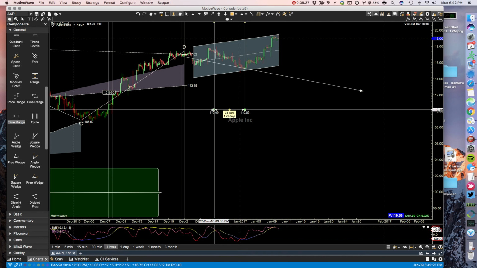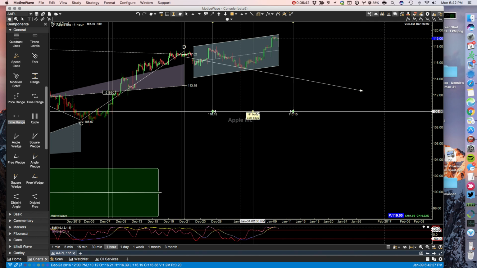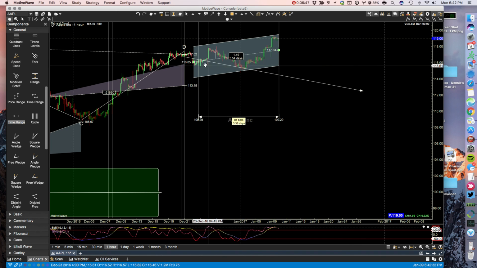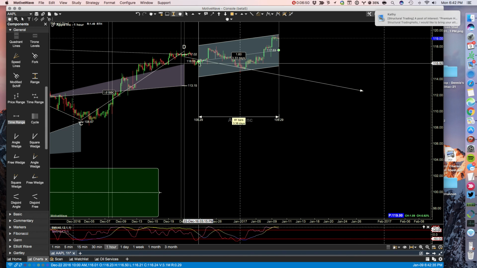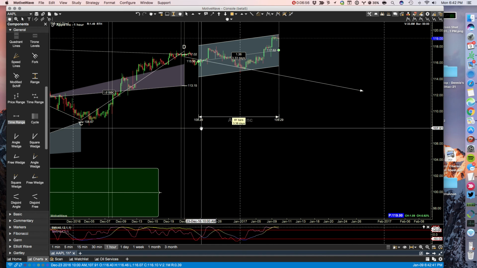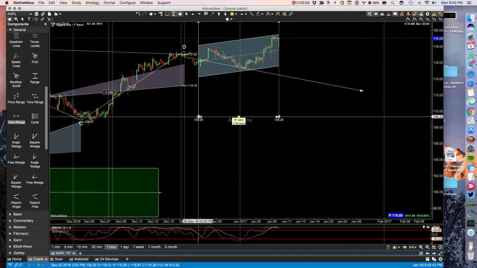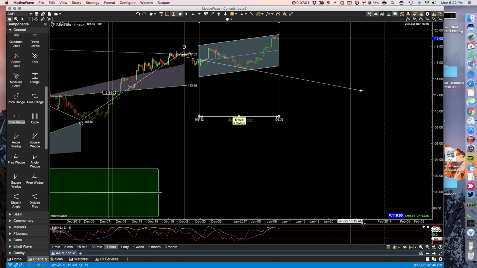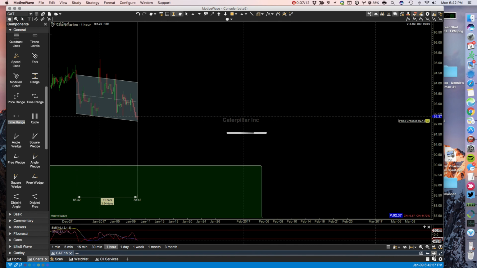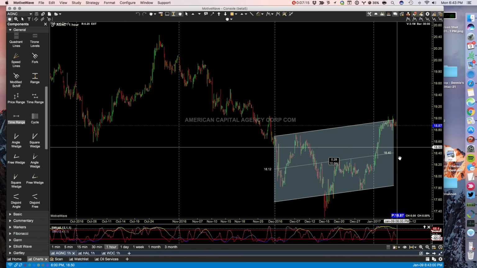Okay. Now when I draw my 80 bars, it's very easy now to find out where 80 bars are. I can take this and I can align it with my last bar and make sure that my linear regression falls within this area. So this is how I got my 80 bars and my standard linear regression channel to fit in that area, so that later on, when I come back hours later and my chart has changed,